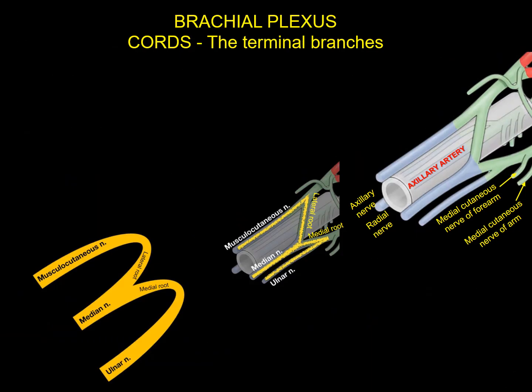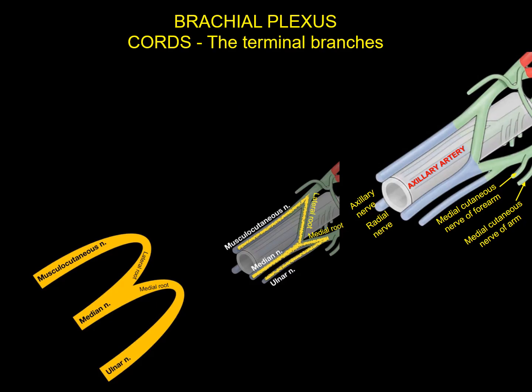The nerves of the infraclavicular part of the brachial plexus emerge from the cords. The cords give both mixed and purely sensory branches which innervate the entire upper extremity. The cords split into 7 terminal branches. The axillary nerve and the radial nerve arise from the posterior cord. The musculocutaneous nerve and lateral root of the median nerve arise from the lateral cord. The ulnar nerve, medial root of the median nerve, medial cutaneous nerve of forearm, and medial cutaneous nerve of arm arise